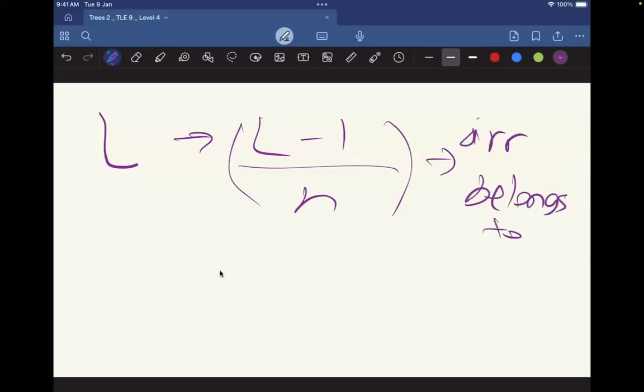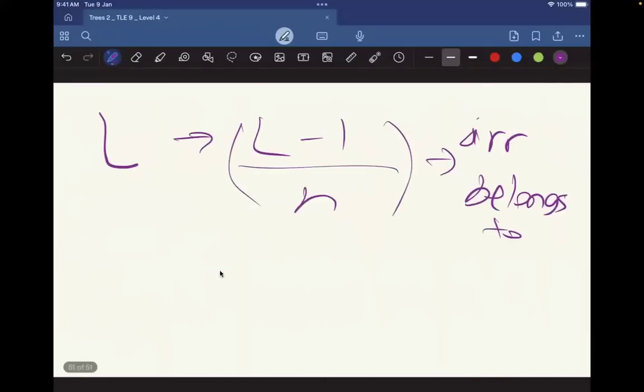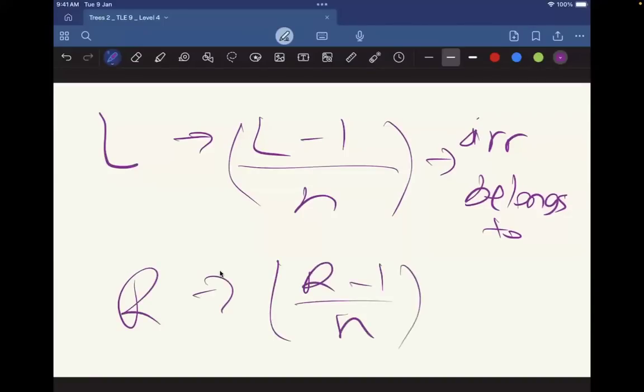All right? Yes or no, guys? Yes. Now, what do I want to do? Similarly, I can do this for R, yes or no? For R also, I can find R minus 1 divided by N. Okay. Now, if this much is clear for every single one of you out there,